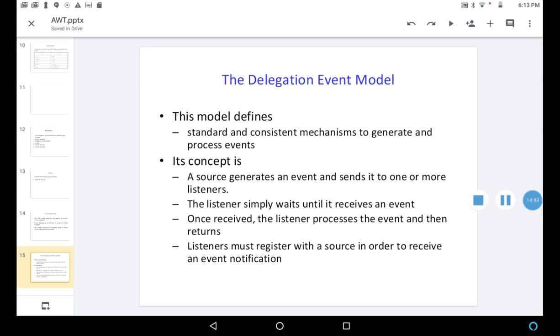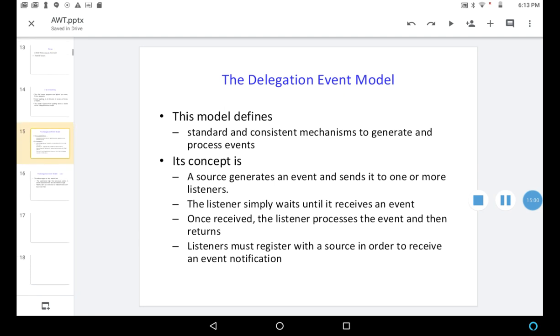That model defines standard and consistent mechanisms to generate and process events. Its concept is a source generates an event and sends it to one or more listeners.